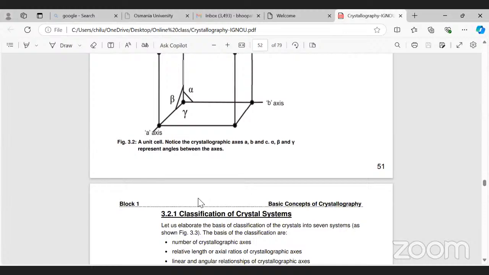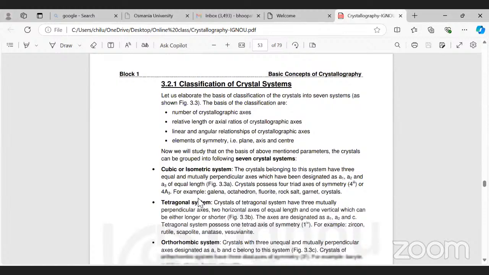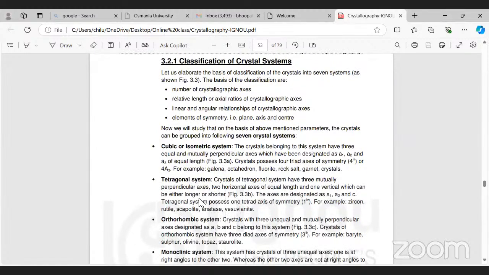How do we classify these crystal systems? Depending on their number of crystallographic axes and